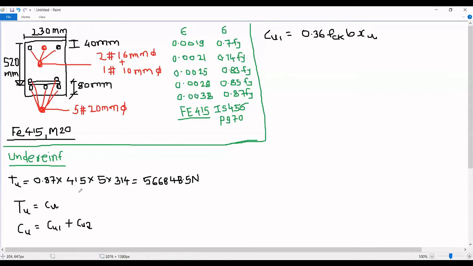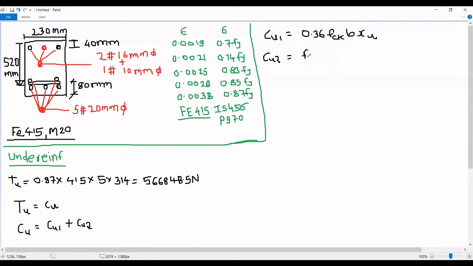Now, by provision of compression steel, we are removing some area of concrete and that is being replaced by the area of steel. Therefore, this Cu1 in fact is the overestimation of compressive force given by concrete, but we will take care of that in writing the expression for Cu2. So how do we write the expression for Cu2? Cu2 is written as